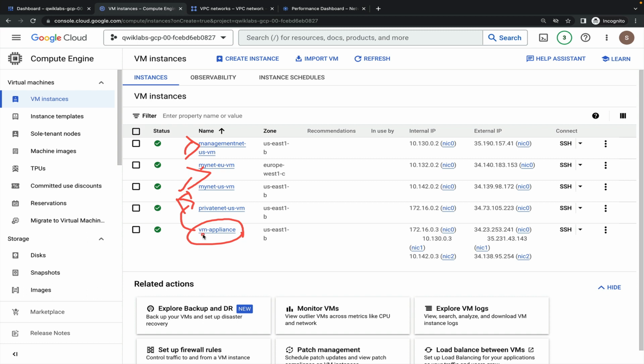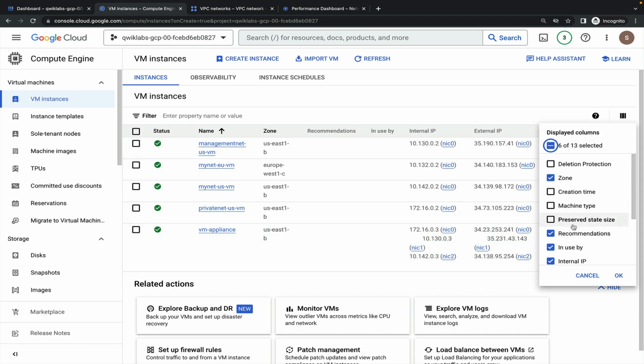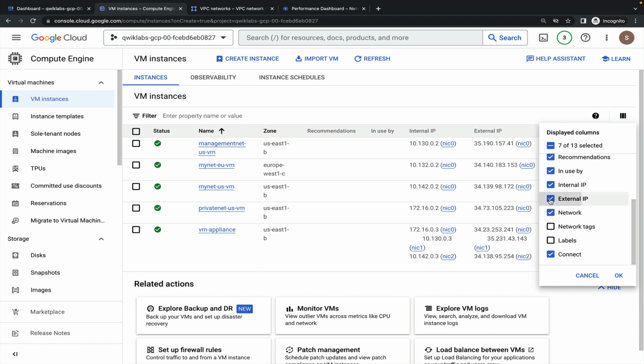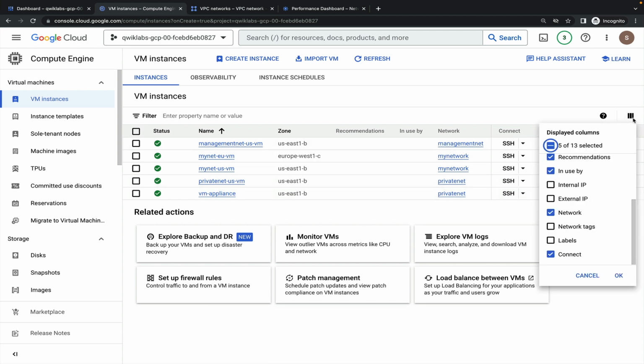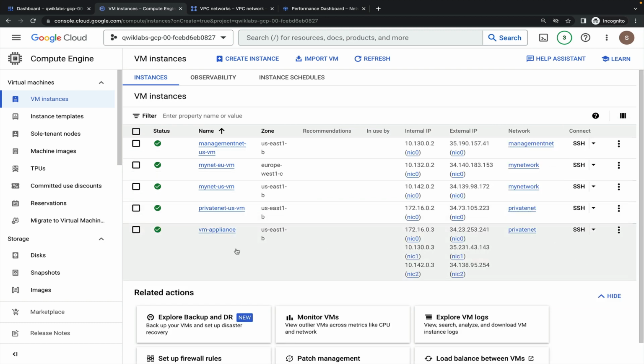So let me SSH to this. As you can see, the internal IP and the networks are connected. Just to check, you see in the VM appliance all networks are connected. You see the VM appliance has 3 networks connected: NIC 0, NIC 1, NIC 2. So 3 networks are connected